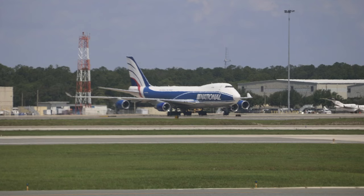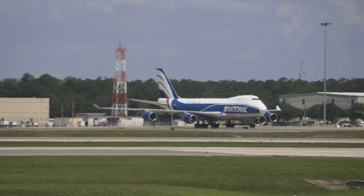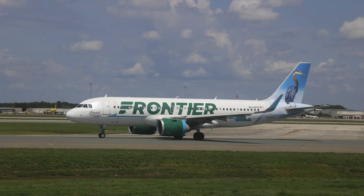Really tough to get any National aircraft, so getting two of them right here right now is really cool. So very awesome to get to catch the 747. As you can tell, getting pictures through that window was super tough, but we did the best that we could right there. We do get the better pictures here, luckily, as we had this Frontier Airbus A320neo stretch the gray